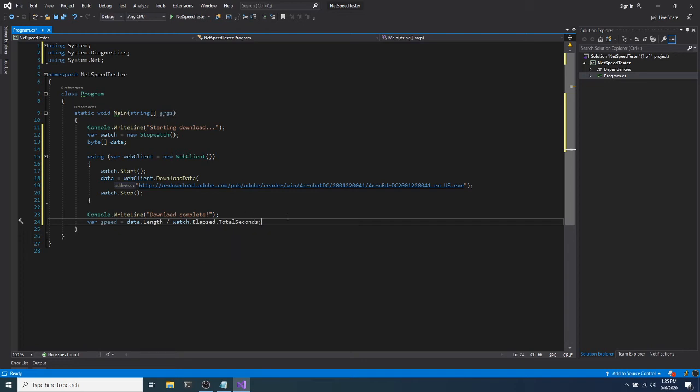and watch.Elapsed.TotalSeconds will give me how many seconds have passed in downloading this file, or the amount of seconds that it took to download this file. Now what we need is the speed in megabytes per second and not in bytes per second. So in order to get that, we'll simply